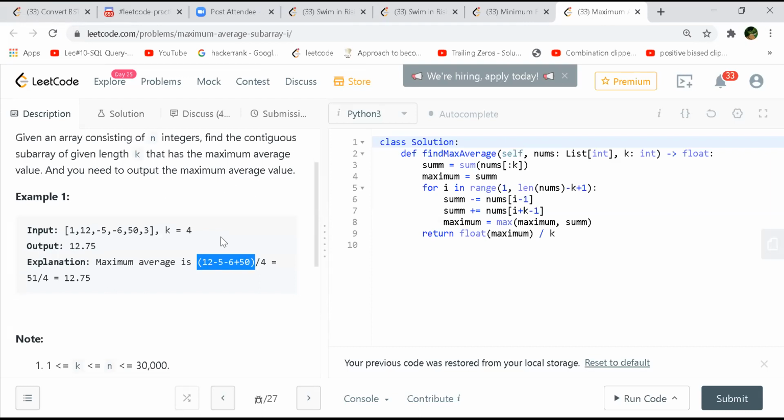Prefix sum, yeah, running sum. The only thing is if we have a float value, because we have to return the float value, right? Float values always have some error after the decimal portion.